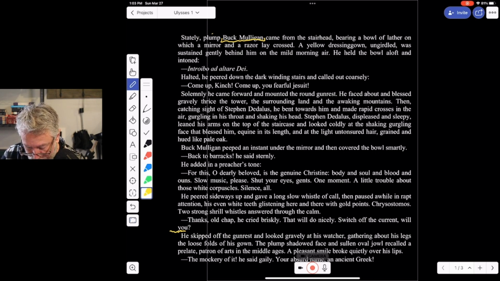It talks about the bowl. The bowl will become the chalice that's used in the Mass. In the scene that follows, typically the chalice would contain wine, which during the Mass becomes the blood of Jesus. Then there's a razor. Yellow has significance. He talks about what yellow is here and what it means when the priest wears yellow. I think it's for a mass of a certain season, and all of that's in here.